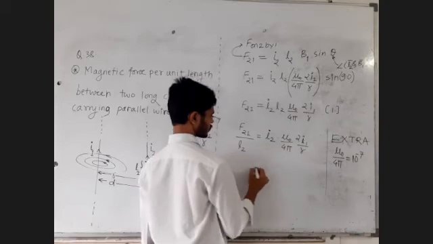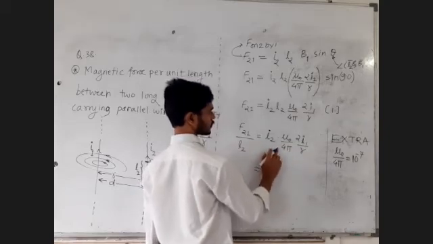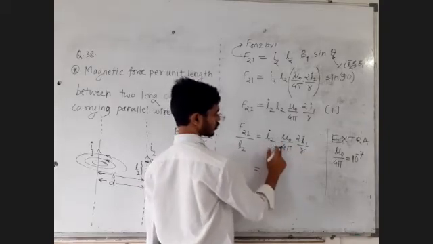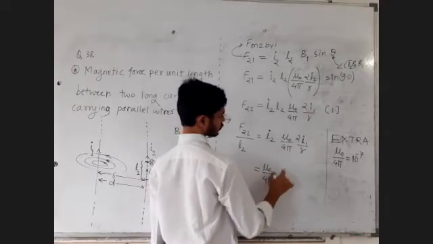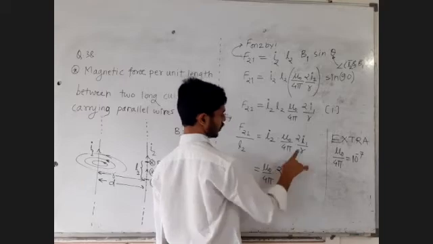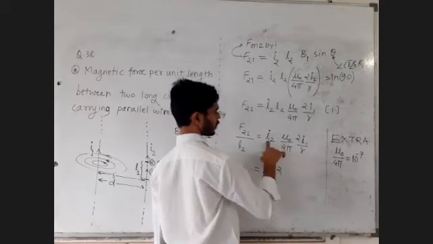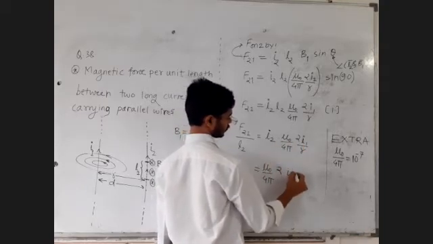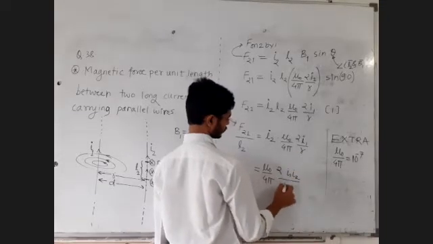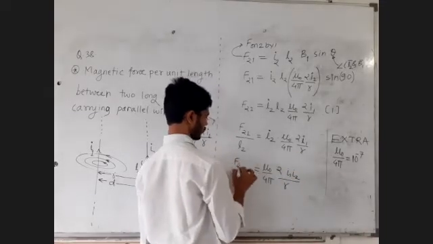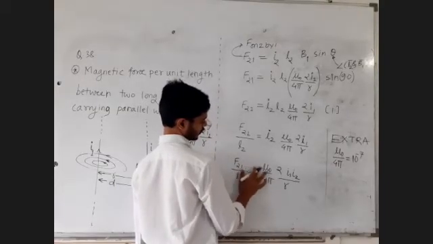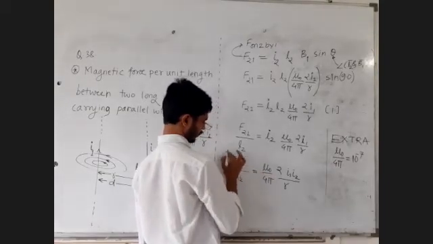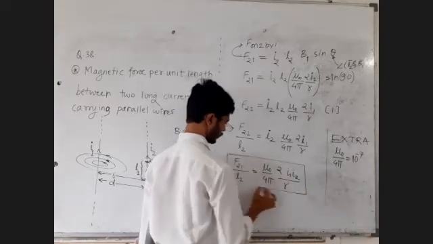Let me write all the constants at the front. What is the method? Constant पहिल्यांदा लिहायचे असतात. Mu 0 upon 4 pi, 2. Now the other variables I1, I2 upon r. That's the force on the second wire divided by its whole length. That is the force per unit length on the second wire.